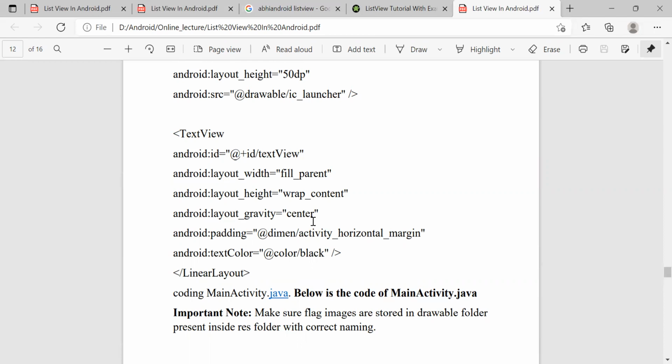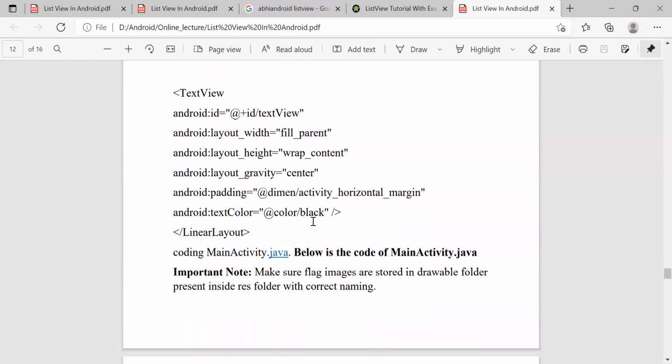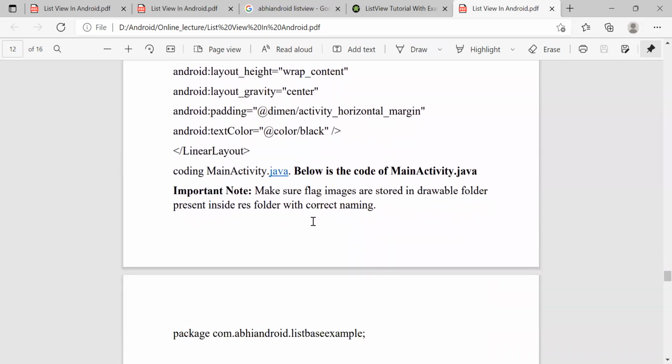We say we want these items at the center position, so we set its gravity center. We set its padding and text color is black. After that, we write the Java code in main activity.java.